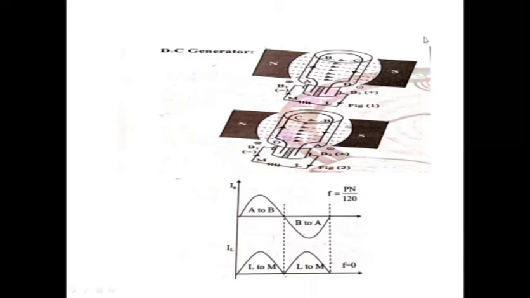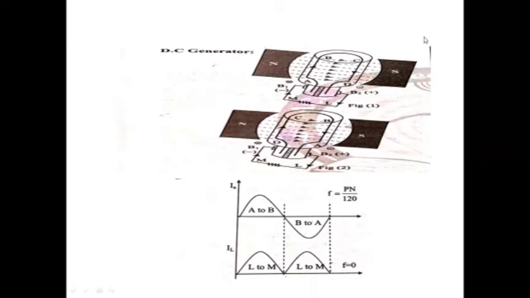When conductor AB exists under the North Pole, an EMF is induced as into, while under the South Pole it is dot. So into means it is going into the conductor. That is, the direction of the thumb should be into. And in case of dot, the direction of the thumb should be coming outside. You can try with your finger.